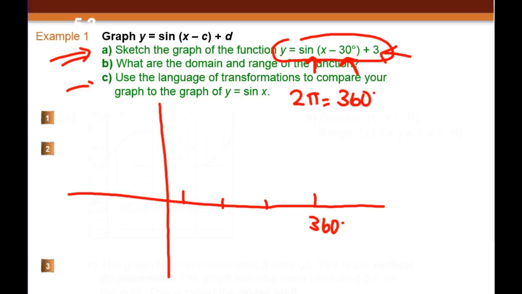Okay, and then halfway between is 180, this is 270, this is 90. So they're going up by 90 each time, right? So this is where we can do two things. We can start by drawing the original and then shift and then up. Okay, so I think we'll start with, since it's sine, the original, if we were drawing y equals sine x,